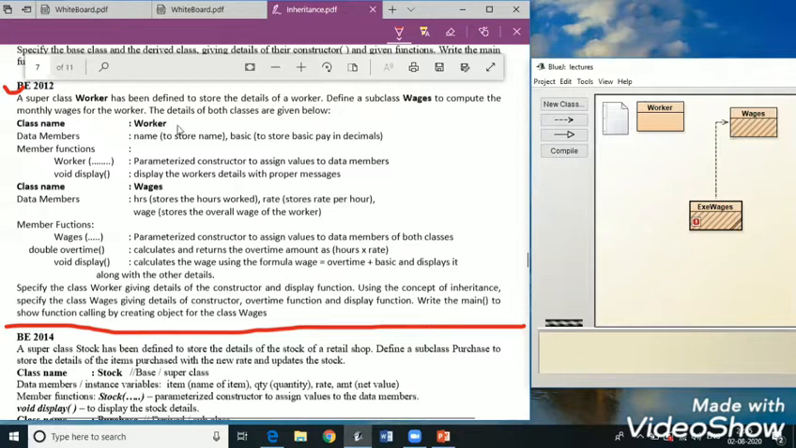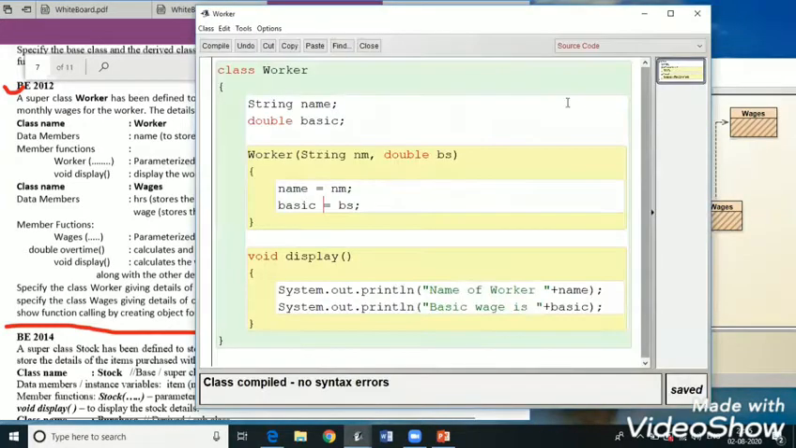One is the superclass worker and another is the derived class wages. Now in your board examination, the superclass need not be written. We assume that it is already written and the main function is also written for you. So we are going to just concentrate on the derived class. But let us see what is to be done in the